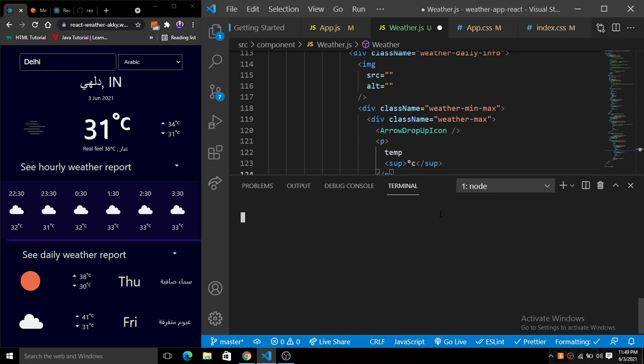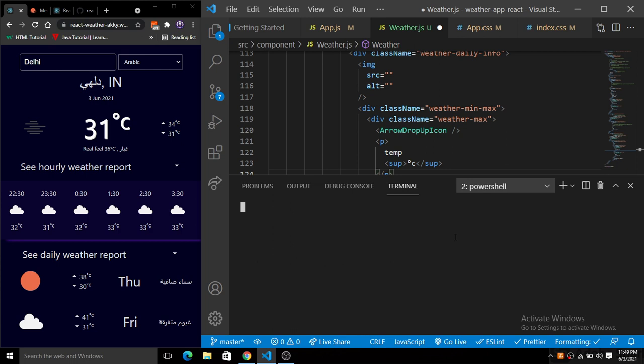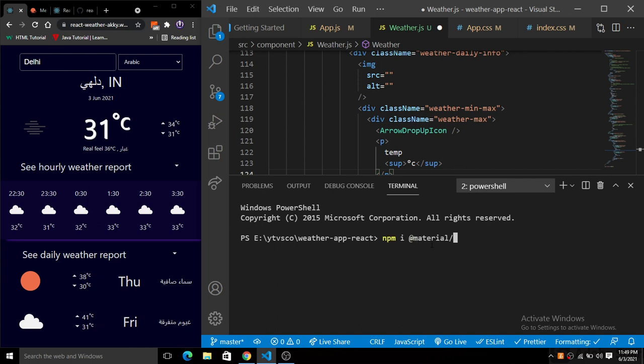So just fire the command npm install @mui/material and then @mui/icons-material.